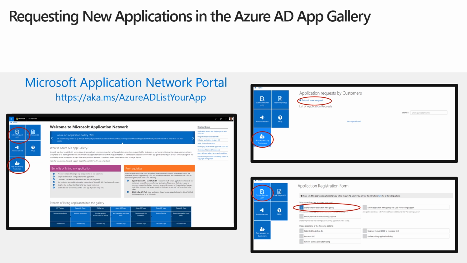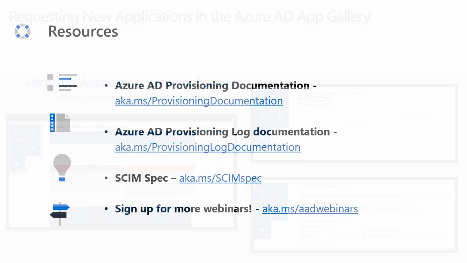If you are an independent software vendor or a partner who owns a SaaS application, then you can submit a request by the ISV tile, answer a few questions, and then the form will be presented so that you can submit all your information about SSO and or user provisioning with us so that we can enable it in the app gallery.